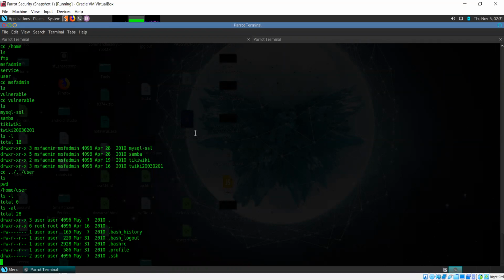Metasploitable is not like a traditional CTF machine, so there are no flags here to capture. But in any other typical CTF, what you'll see is that there will be two flags, one within the user directory and one within the root directory. So a minimum of two flags will be there on every machine. There can be a lot more depending on whatever machine you are solving. It's not that it has to be limited to two, but you'll find flags on other systems. This is not meant to be a CTF, so there are no flags in this.